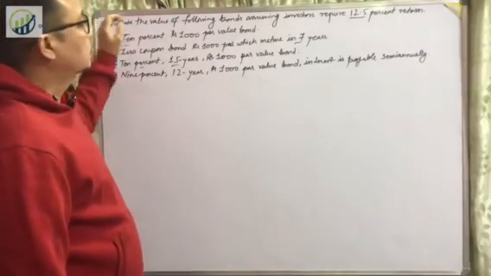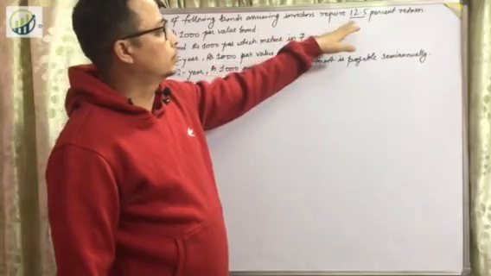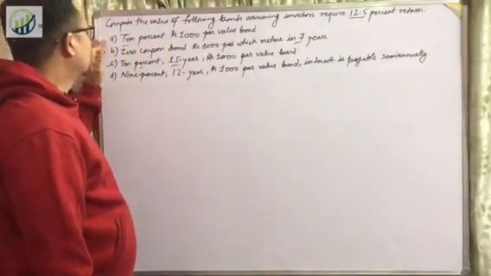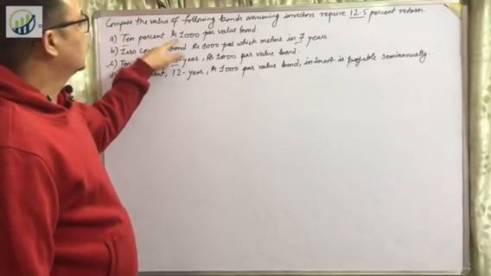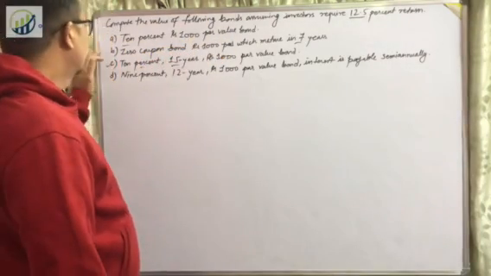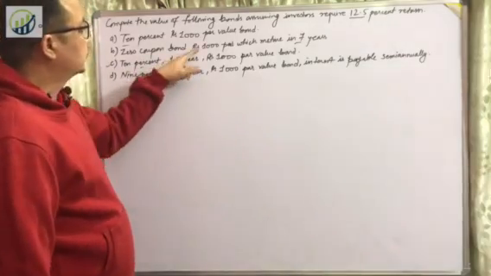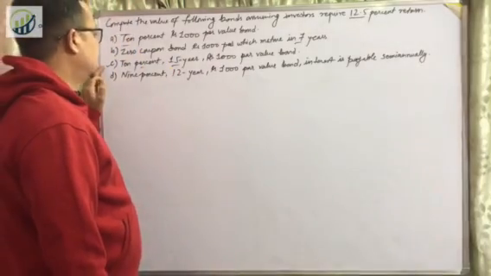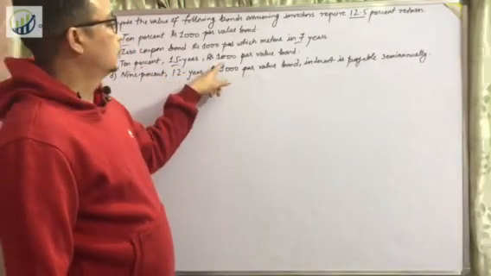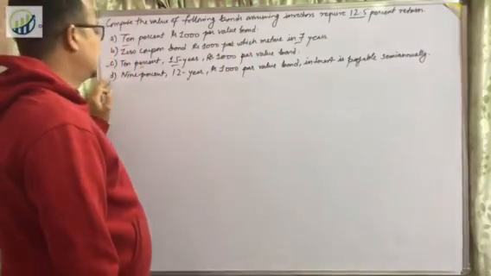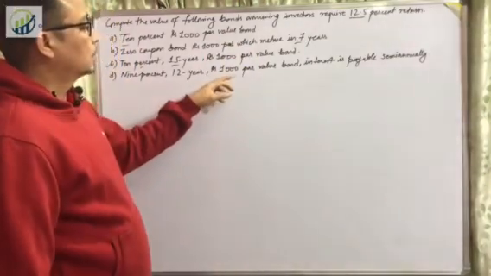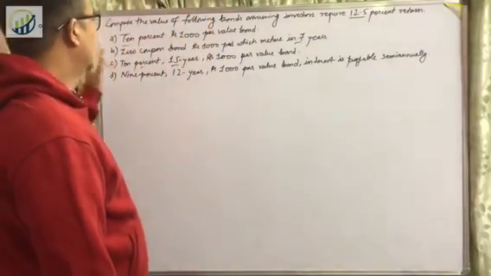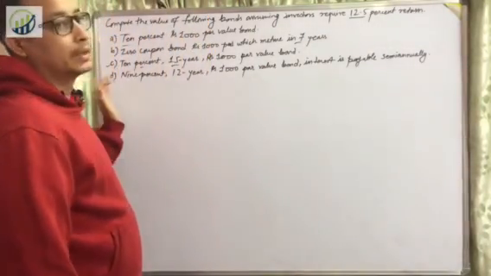Compute the value of following bonds assuming investors require 12.5% return. A, 10% rupees 1000 par value bond. B, zero coupon bond rupees 1000 par value which matures in 7 years. C, 10% 15-year rupees 1000 par value bond. And D, 9% 12-year 1000 par value bond. Interest is payable semi-annually. So these informations are given here and you have to find the value of bond for